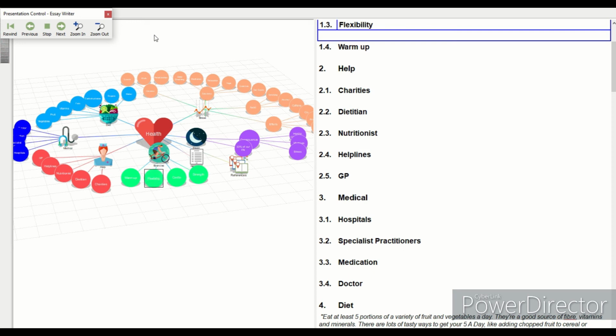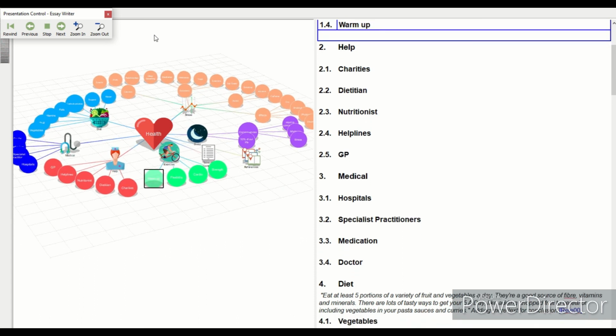you can use this automatic tool to time yourself per section, so you will know that when that section moves to the next one, that's your minute up, and then you can judge yourself: have I included everything I wanted to, was I actually a little short on time, did I have too much time? It's a good tool to practice with as well,